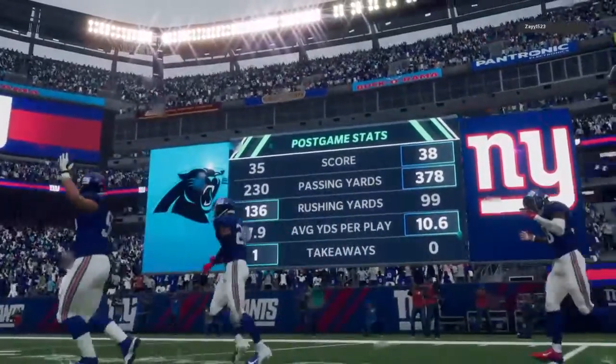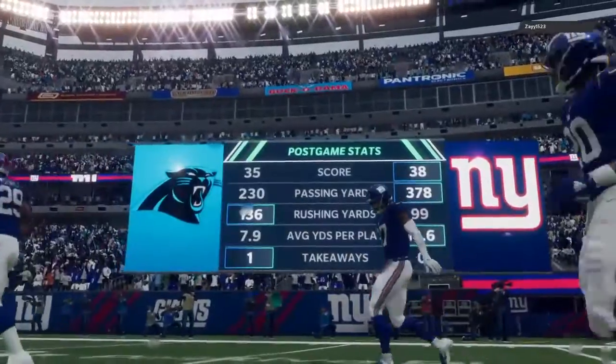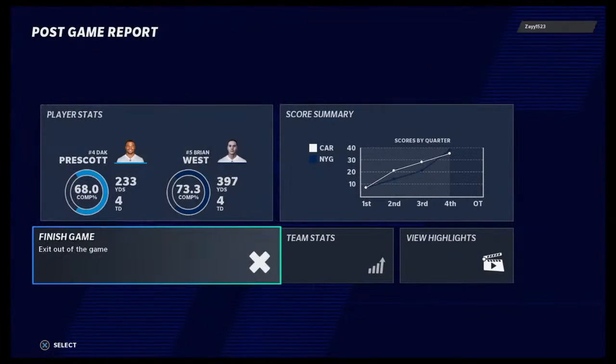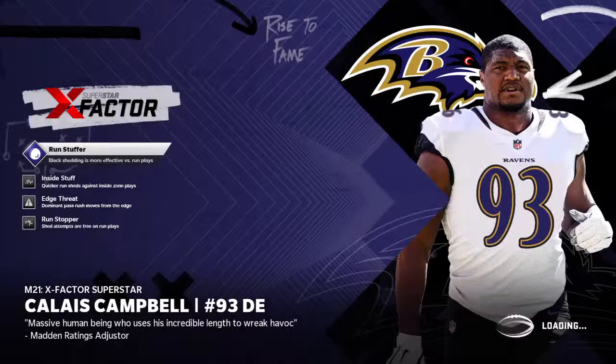So for the Giants, they will indeed finish over 500 at 9-7. And that is maybe not exactly what they were hoping for, but a better than average season nonetheless. Meanwhile, for Carolina, this might wind up being a tough pill to swallow as they're going to finish the season at 9-7. And they'll get their